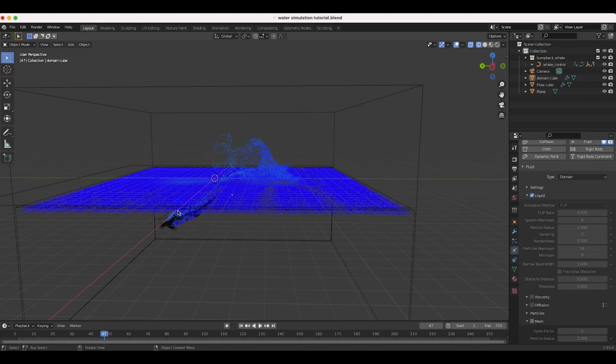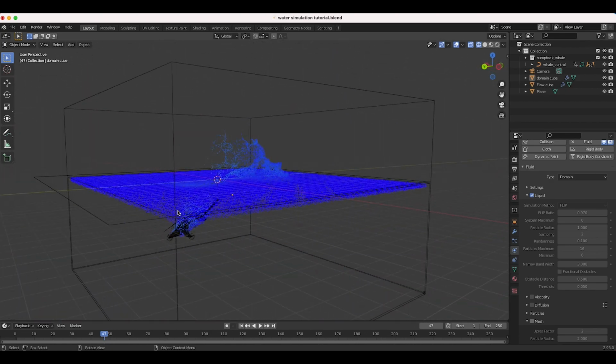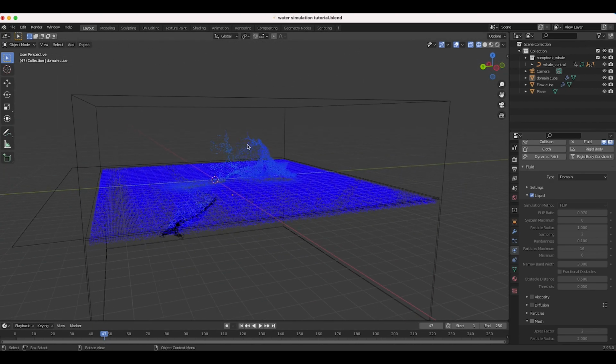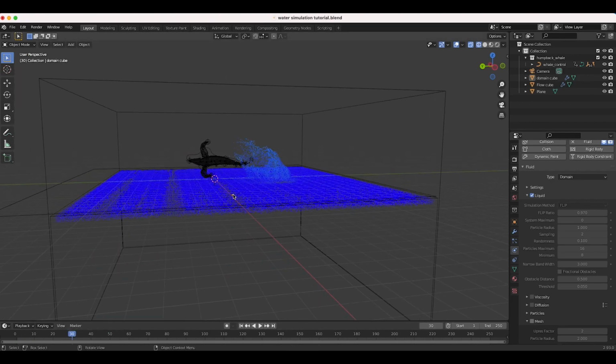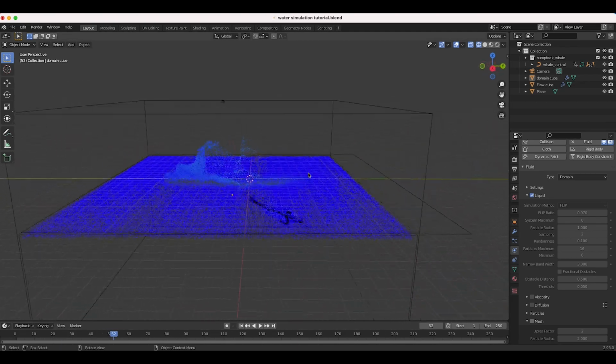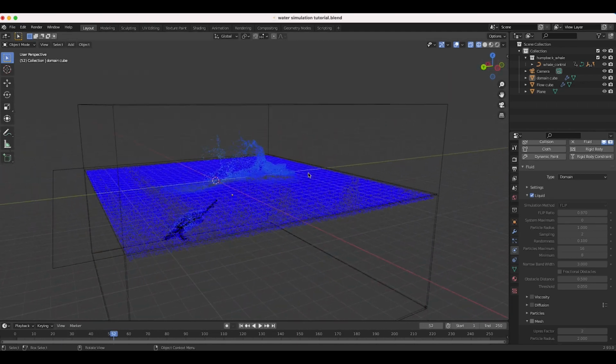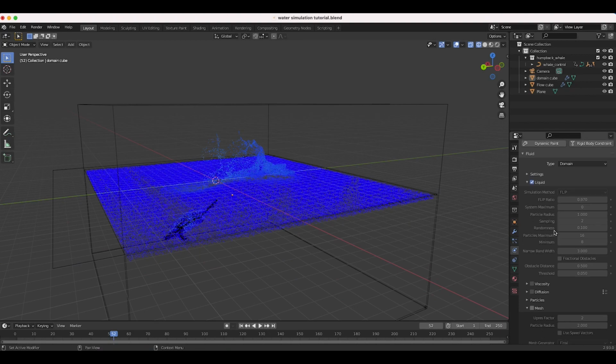All right guys, so as you can see here, we have baked our initial fluid simulation, and it's looking pretty cool. If I choose some different frames along our shot, you can get an idea of what we're looking at with these particles right here, which I think is going to be a pretty nice looking result. So now that we have baked our liquid simulation using the flip simulation method, we'll go down here